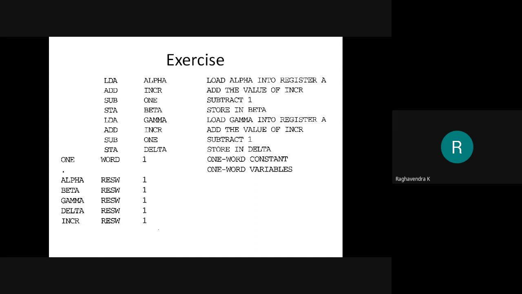If you observe this particular program, you can see that the start and end assembler directive has not been given. Sometimes they will not give you the start and end assembler directive, so you have to assume that. If the start assembler directive has not been given, then you can consider that the starting address of the program is 0000, or that particular program has to be assembled from 0000, or in other words, this is equivalent to